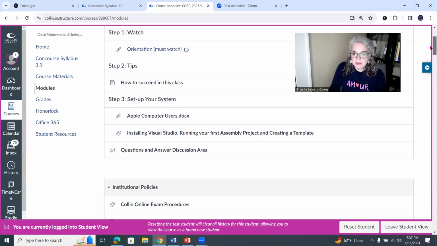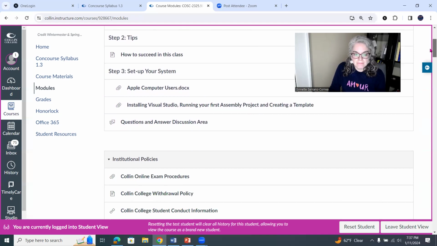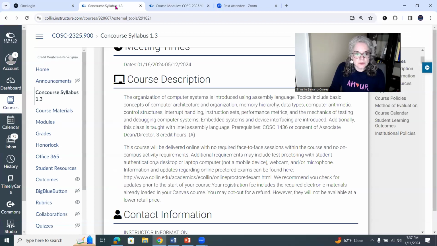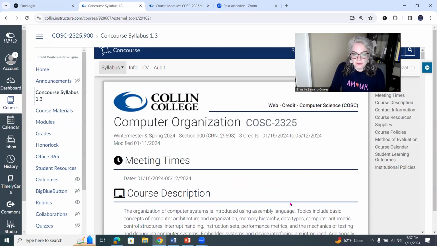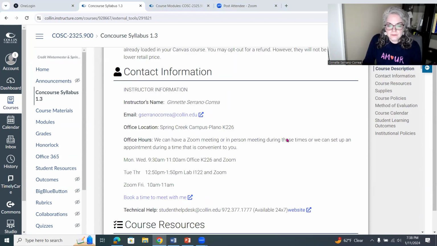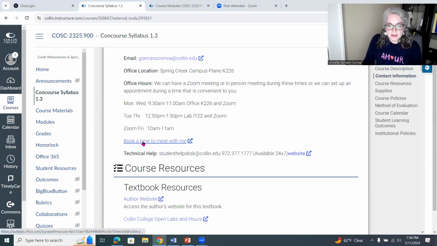I just want to bring up, first of all, let's go ahead and go to course syllabus. To go to course syllabus, I cannot be in student view, so I'm just going to switch to not student view. This is my view. Looks different here on the right and left for us. And it's the same thing earlier.